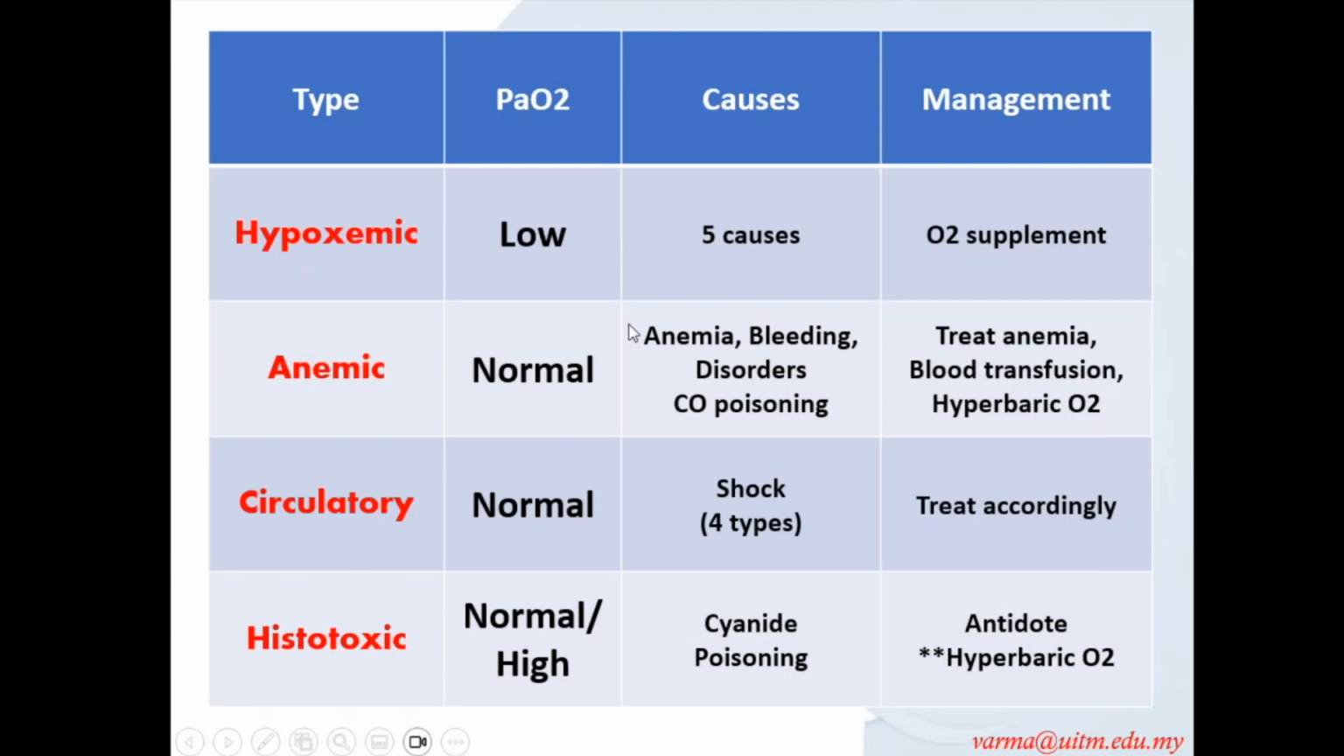In anemic hypoxia, causes could be anemia that causes reduction in hemoglobin, bleeding that also causes Hb to drop, or any disorders causing malfunctioning hemoglobin like methemoglobinemia, or carbon monoxide poisoning, which displaces the oxygen from the hemoglobin, causing hemoglobin malfunction. So we treat the causes of anemia, you transfuse blood in bleeding or increase the hemoglobin level, or use hyperbaric oxygen in carbon monoxide poisoning, because we talked about how hyperbaric oxygen can increase your partial pressure of oxygen